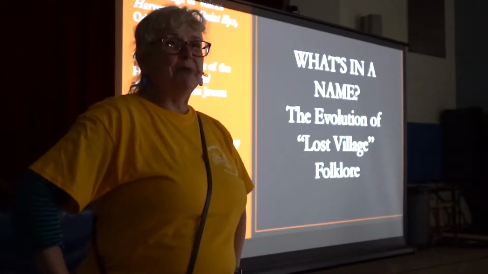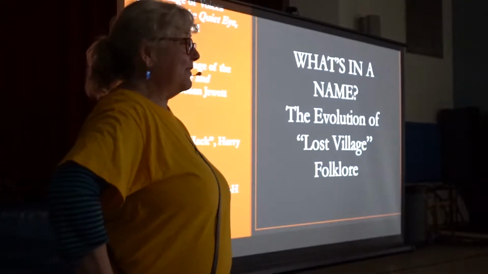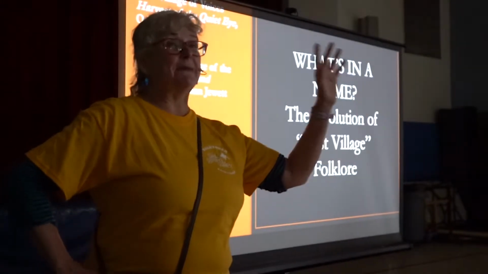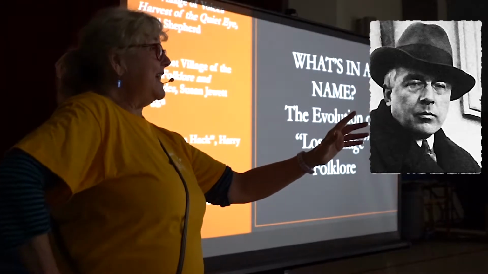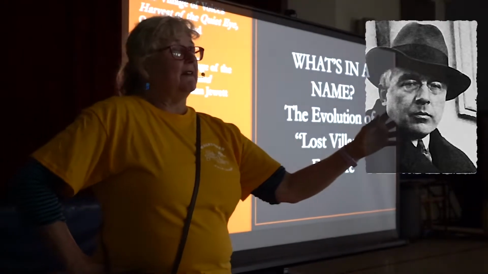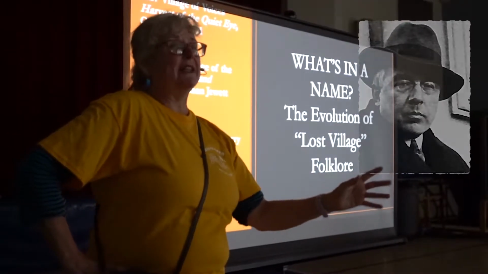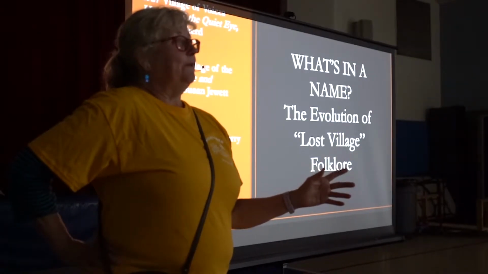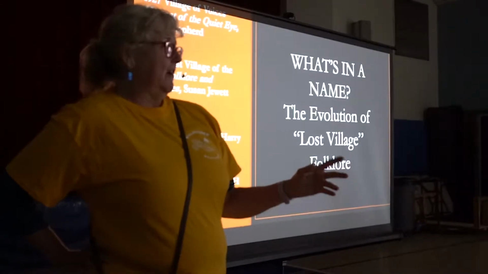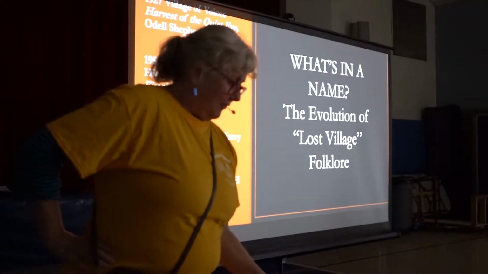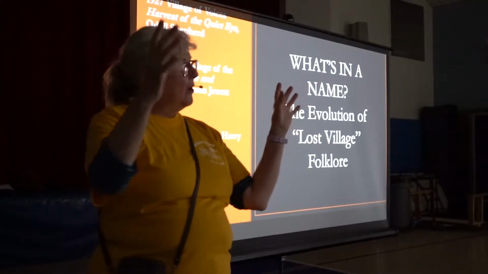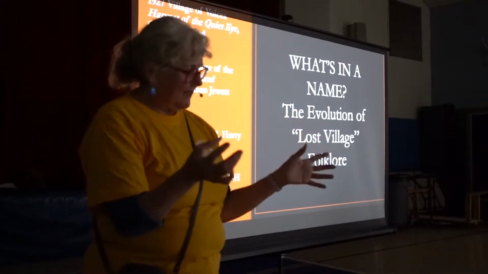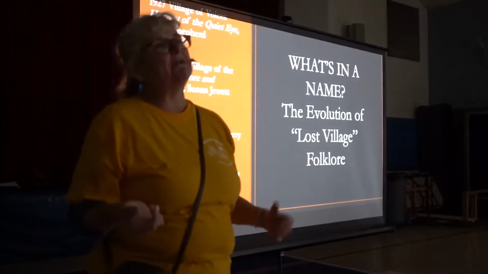When you read his book, he's very upfront that he has been reading Ouspensky. He's very much coming from the lens of that early 20th century spiritualism. And he's talking about the fourth dimension. So he's kind of already got a lens when he's writing this story. He meets up with a painter and a poet who are friends of his. They take him out to the village of voices, and they take a dip in the mill pond.